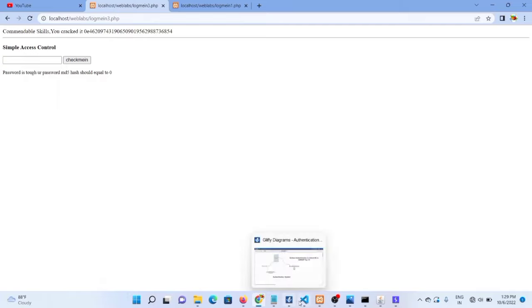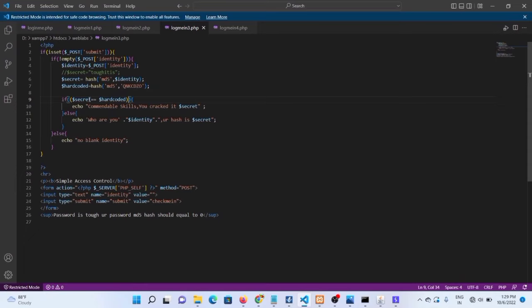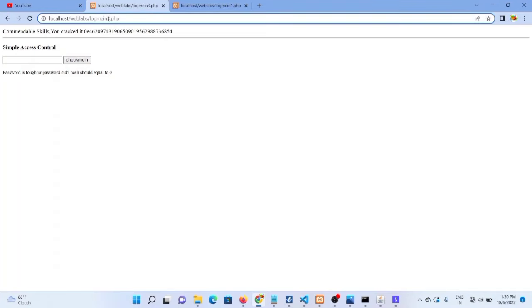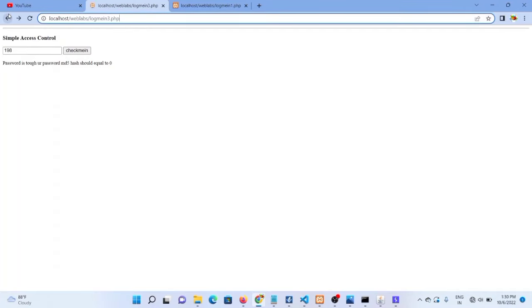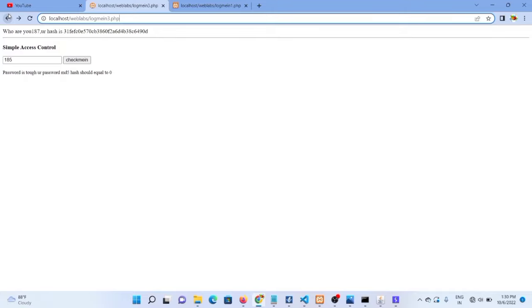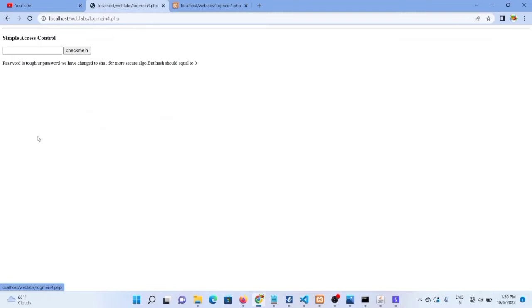Now basically the objective of this particular thing is to have a program, and you have to find a hash which starts with 0 and E, followed by digits, so that it equals 0 ultimately. Now let's go to problem number 4. This time we are using SHA-1, and again the password is super tough now because we are using the SHA-1